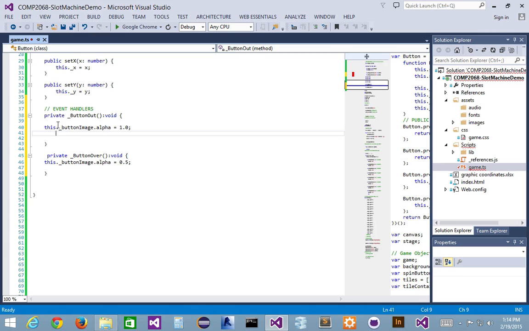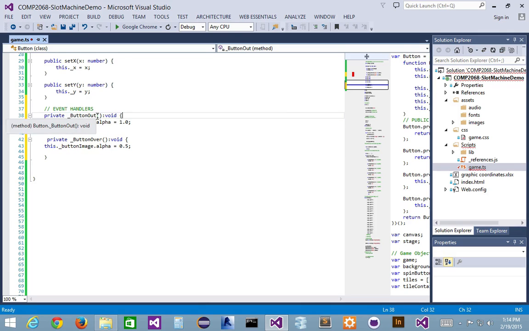Here's two methods, right? They're two private methods. And all these things are doing, they're not returning anything, right? All they're doing is changing the alpha. These are event handlers, right? And by the way, if I want to, I can pass in an event, since they do receive an event of type mouse event. So if I want to, I can go event of